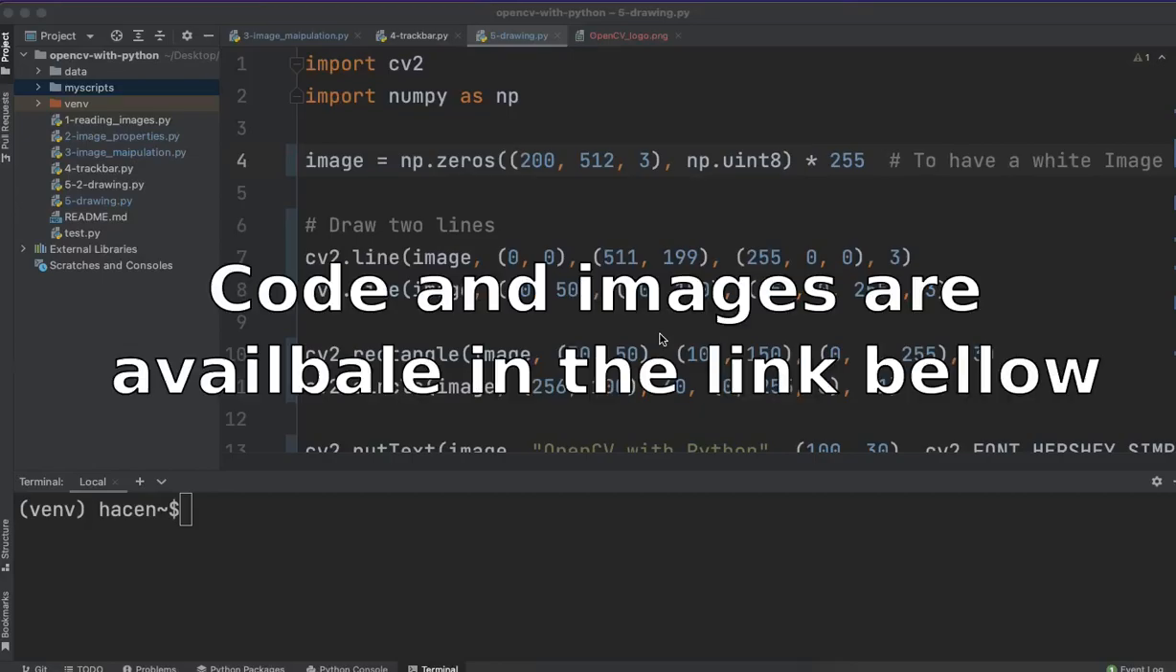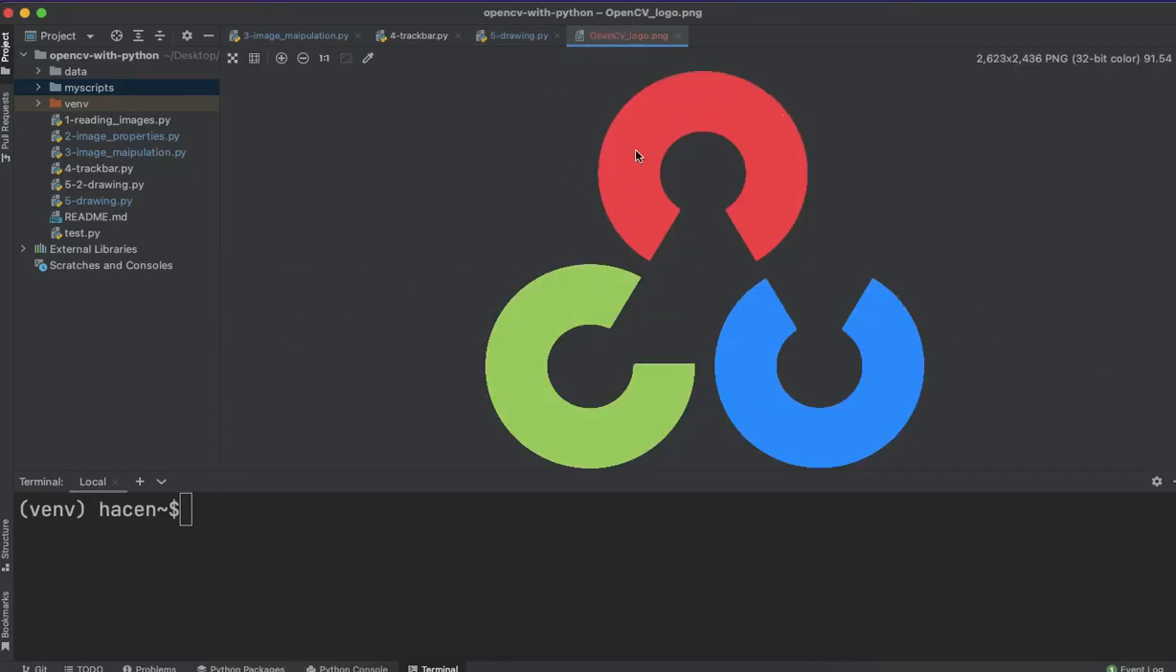To create an OpenCV logo using OpenCV itself. So this is how the OpenCV logo looks like. We have a red ellipse here, a green one, and a blue one. So let's first create a Python file,